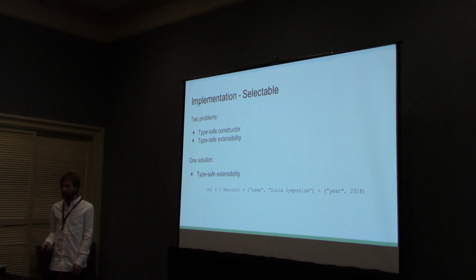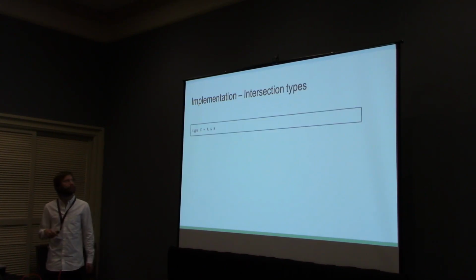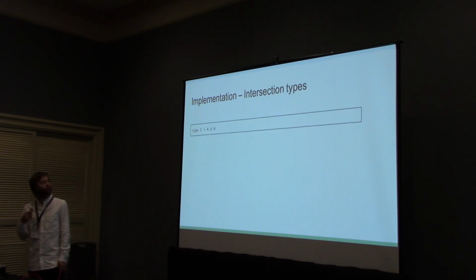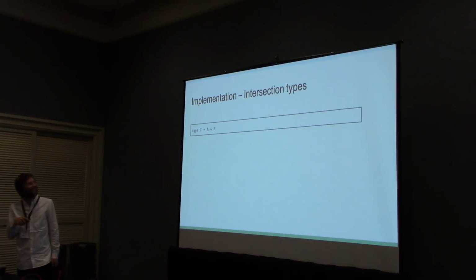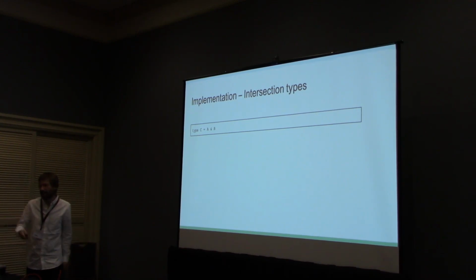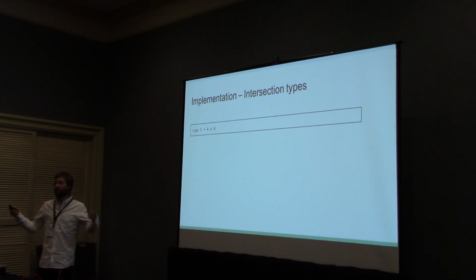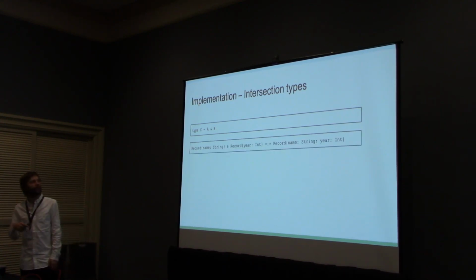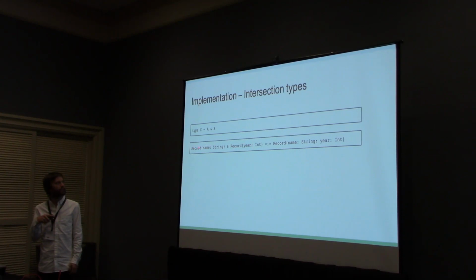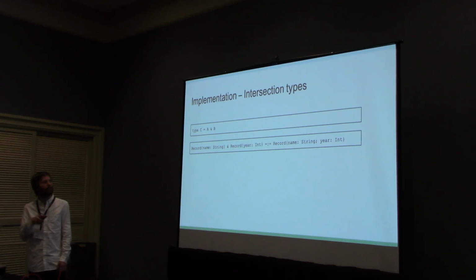So to solve extensibility, we use a second new feature of Scala 3, which is the cool intersection types, which allow you to write something like this. I'm sorry for the boring example, but you can basically declare that a type C should be both an A and an E. And this is really attractive for extending records, since they work out really great with structural refinement types. So you can take an intersection between two record types, one with a name field and one with a year field, and this would actually be equivalent to just the record with both of these fields,